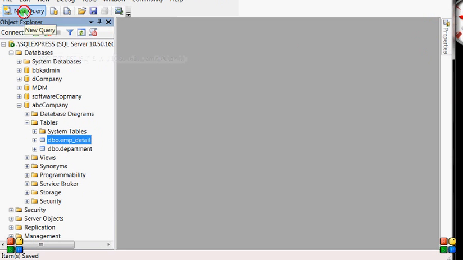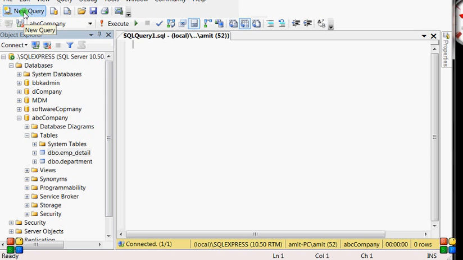Now just create a stored procedure. So there is a query for creating a stored procedure. The procedure has some name like store EMP, store employee details.